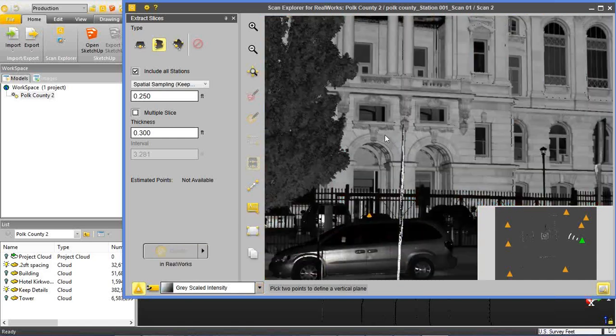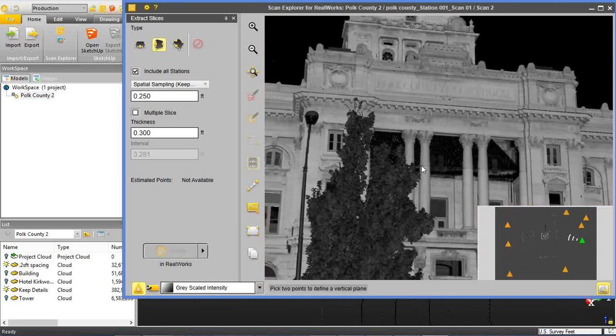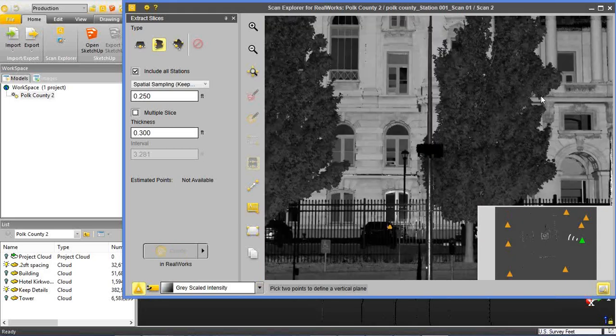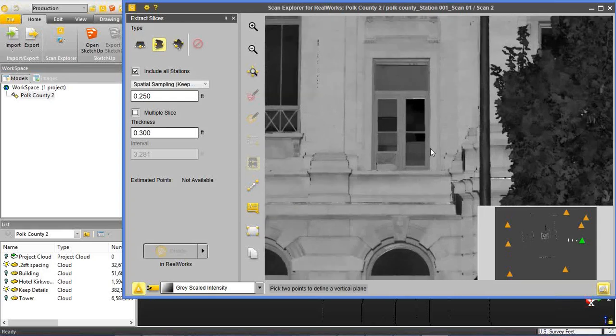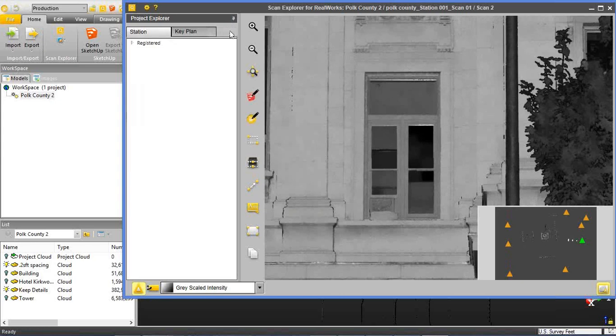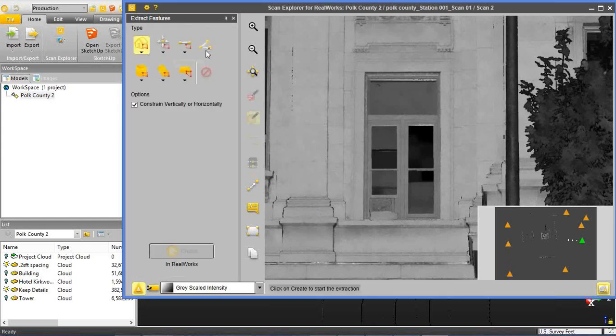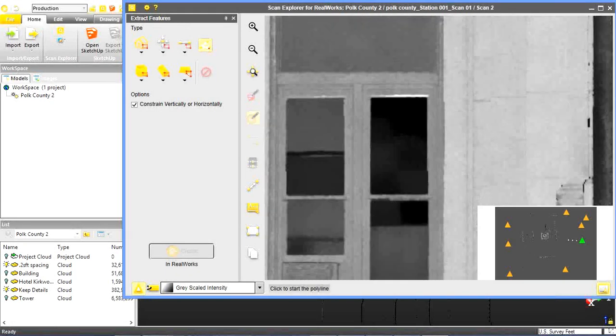One tool that's one of my favorites is the polyline tool. One of the biggest questions I get from a lot of people is how can you extract line data from a three-dimensional scan? I feel that the Scan Explorer has made that pretty easy to do. I don't know if you wanted to show that. Sure. So we've got a